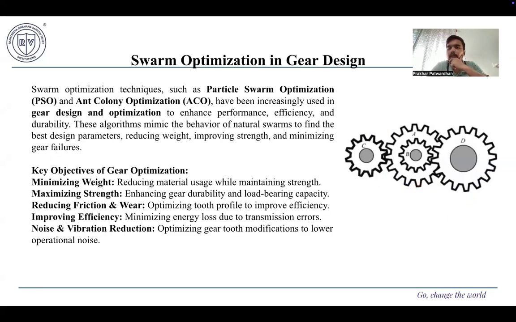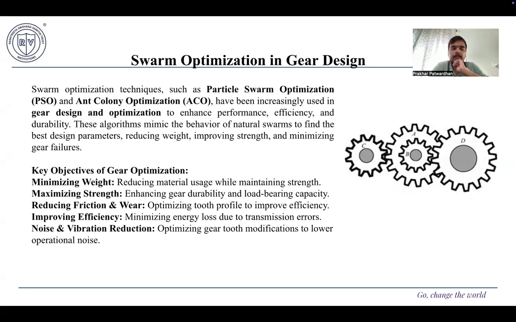So coming to swarm optimization in gear design. Swarm optimization techniques such as particle swarm optimization (PSO) and ant colony optimization (ACO) have been increasingly used in gear design and optimization to enhance performance, efficiency, and durability. These algorithms mimic the behavior of natural swarms to find the best design parameters, reducing weight, improving strength, and minimizing